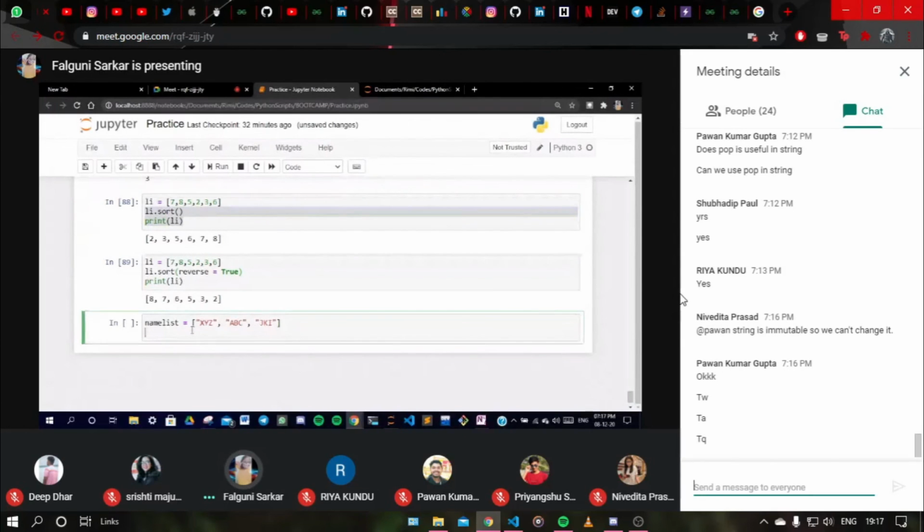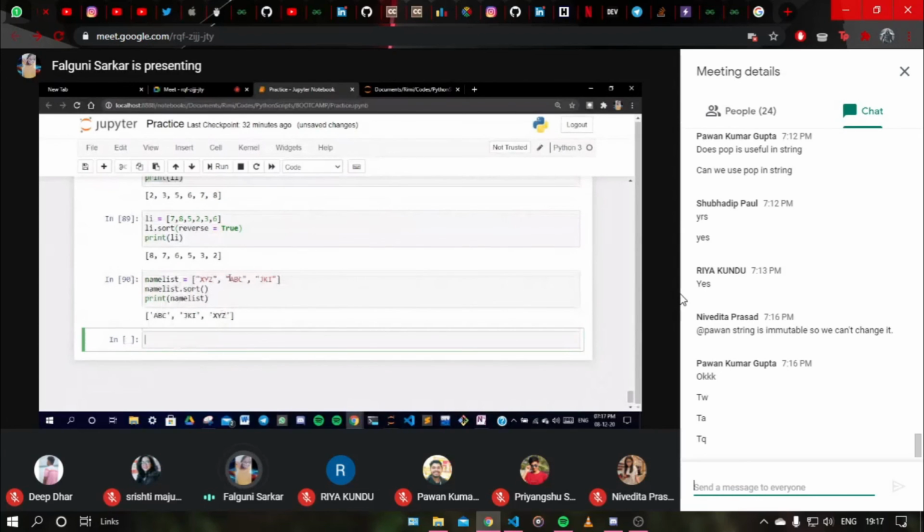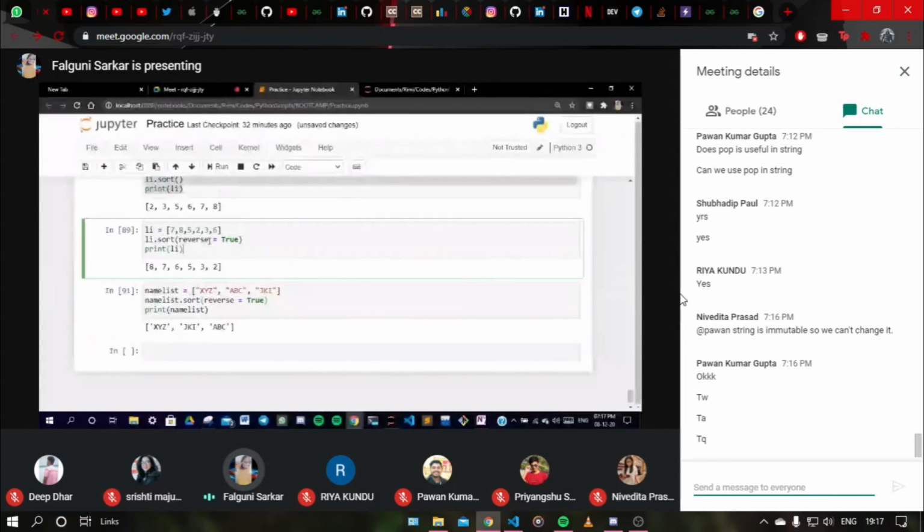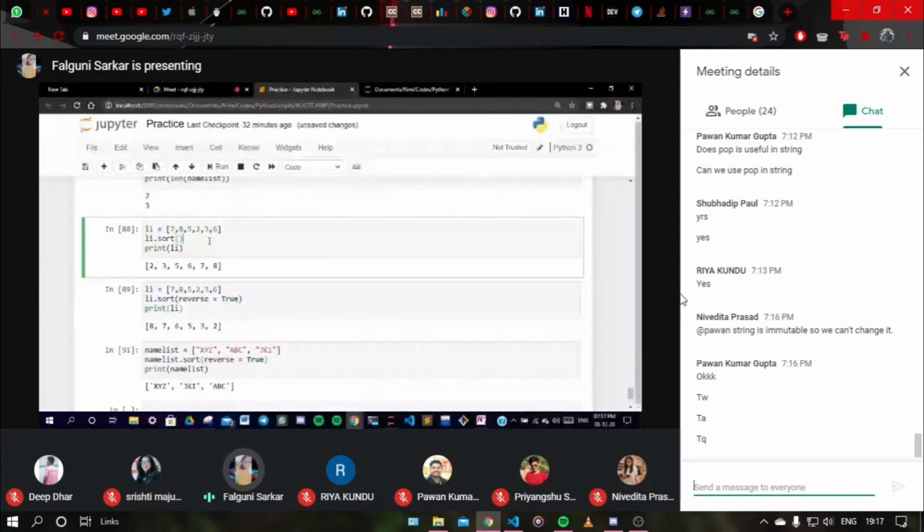So I will get name list, कॉपी कर लेती हूँ यहाँ पे. So A B C D J K X Y Z आ गया. And if I want to reverse it, so मैं just इसके reverse की value को true कर दूंगी and it will get reversed. And अगर जैसे ये कोई random मैंने number लिया है, जैसे इसमें कोई arrangement नहीं है and